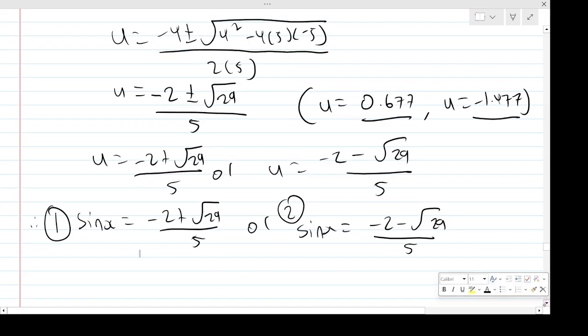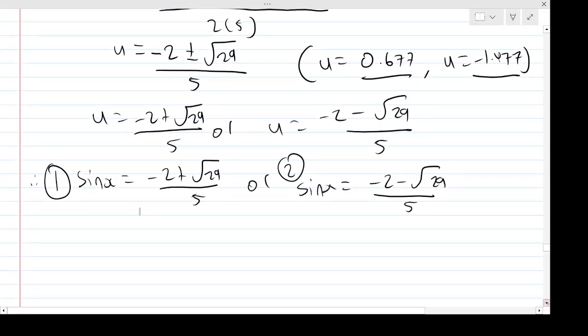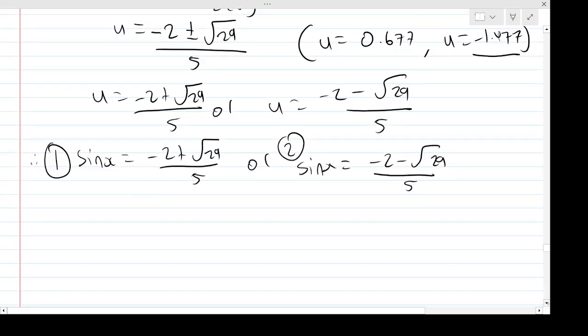So if I do inverse sine, now by the way, obviously some people may be like, oh, why don't we just bring the decimal in? I did that to help. There could be an issue with rounding errors if you round a bit too early in the question. So I'll probably just stick with the full proper fraction, the exact form. But yeah, maybe it won't matter. I don't know. But there we are. Okay, so sine x is going to be this. So then if we do inverse sine of this whole thing,